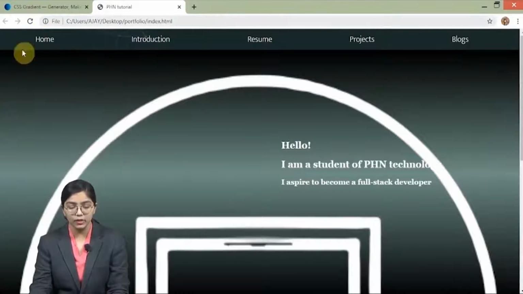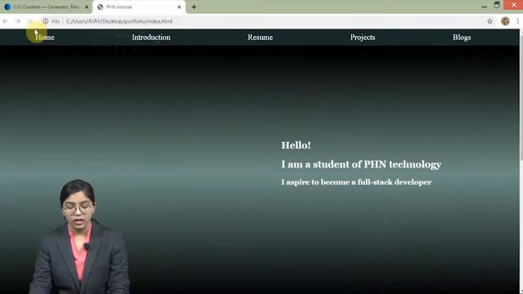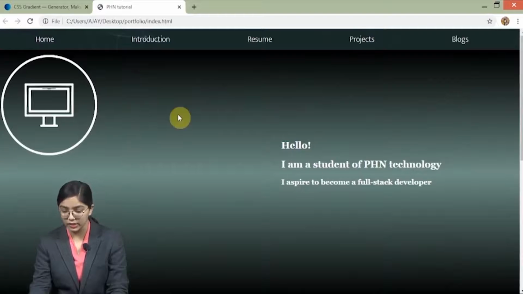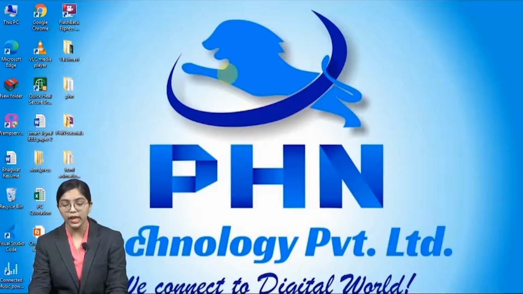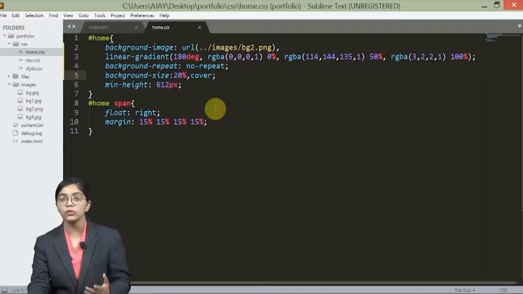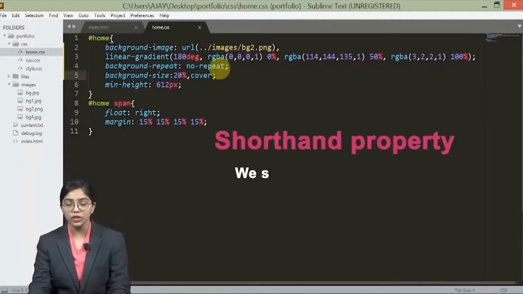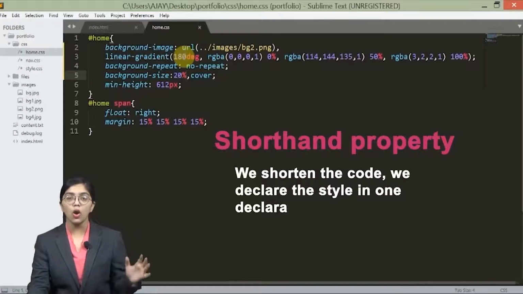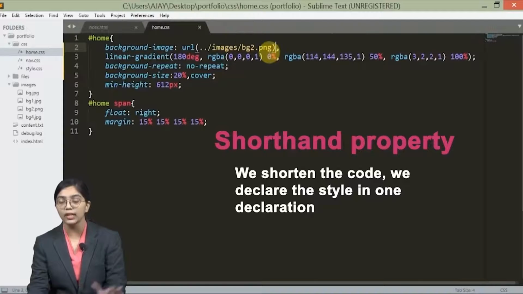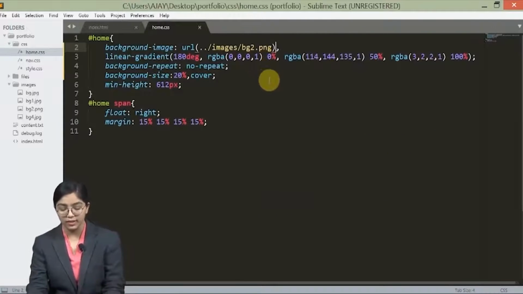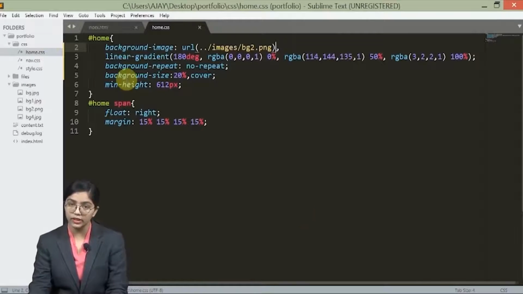So what would happen now? Let's just see. Now it has appeared, right? I want it to be in the center. If you want to repeat, you can give every property in this way or you can use the shorthand property. What is the shorthand property? You can use all the properties you want inside the image wherever you are declaring the property, value, and other values with a space, without a comma. That's right. This is how we give it.